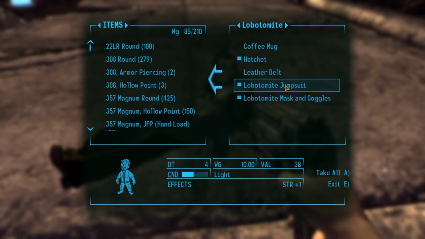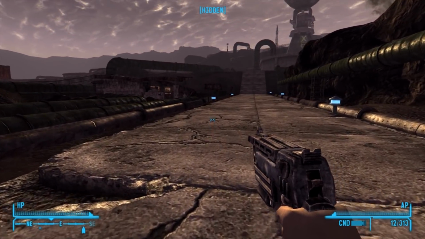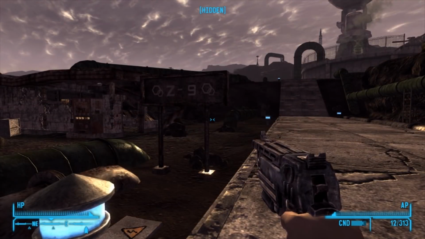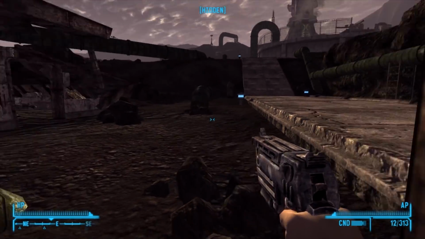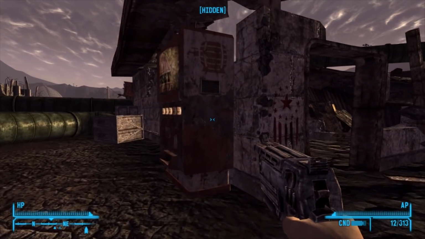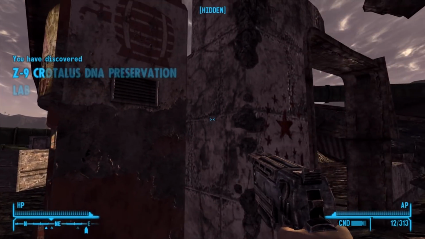The bottom adjust suit gives me a strength of +1. I'll take it just in case I need to aim my gun more effectively. So we're in Z electrical box. Okay, I'd forgotten those things existed. Alright. And then let's get some Sunset Sarsaparilla. And we're at the